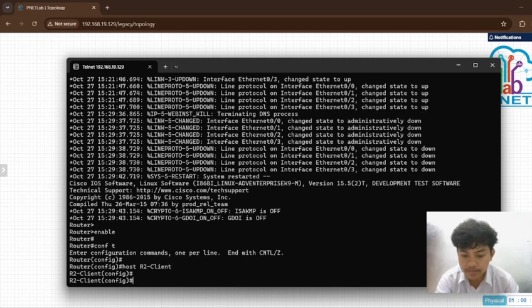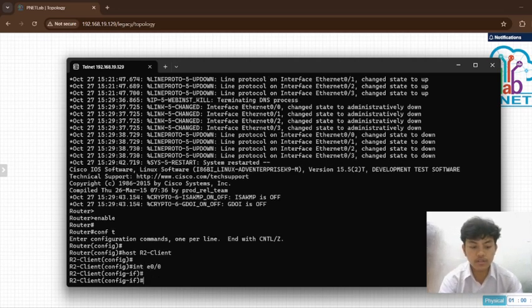Then interface Ethernet 0/0, IP address 10.10.10.1 with mask 255.255.255.252.